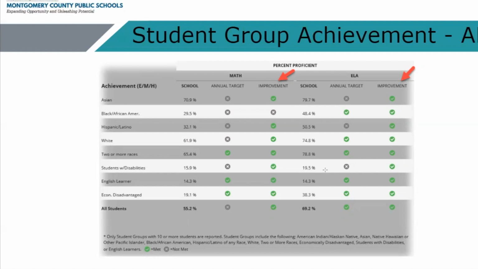It's very clear in the report card itself, but this is going to show you annual target by students in specific groups, whether that be a racial identification, whether that is a student who has an IEP, whether that student is an English language learner, or whether that student is economically disadvantaged, or we would say FARMS in MCPS. You're going to see the specific measures and how students did with that annual target broken down and whether we improved. This is for a general school and not for Wootton's. So next, let's take a look at Wootton's.